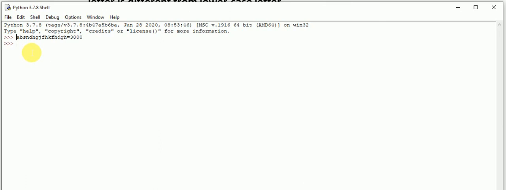Now if I use this name to get the resultant value, it shows the value. So we can use as many characters as possible in variable names. These are all the rules for the naming convention.